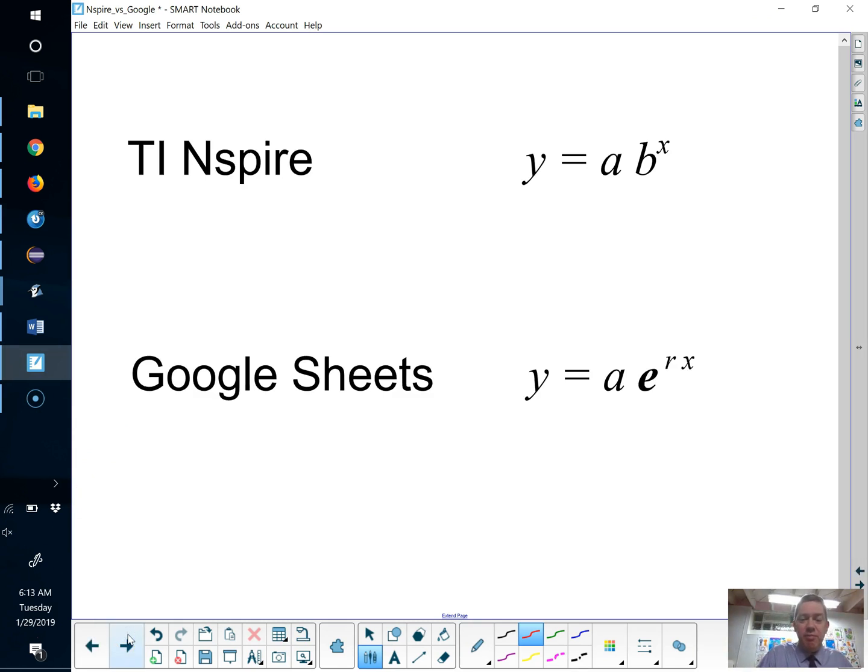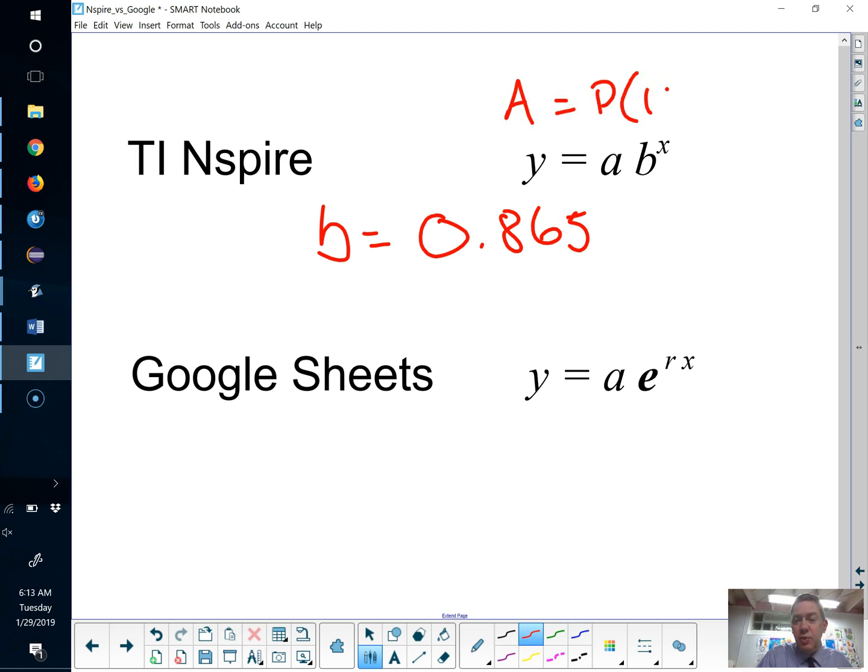We have b equals 0.865. You notice this is the same as a is p times 1 plus r to the x power, and b equals 1 plus r. If I want to solve for the rate, I just subtract 1 from both sides. R is negative